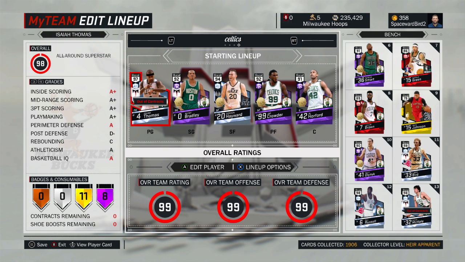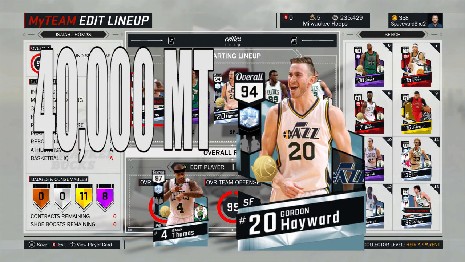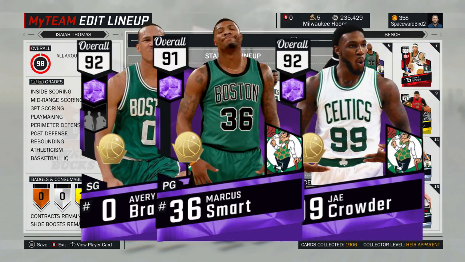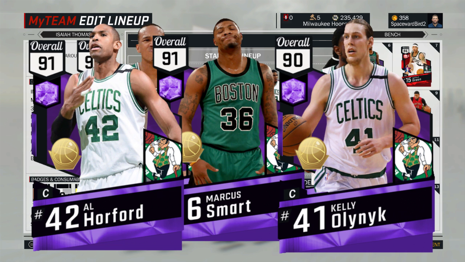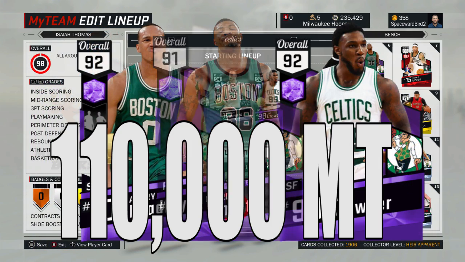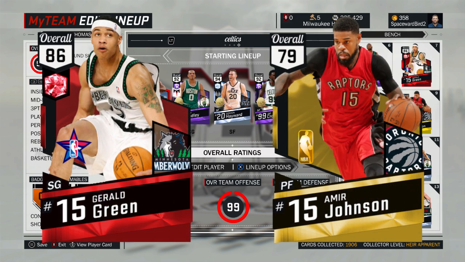The lineup: the most expensive cards were Diamond Isaiah Thomas and Gordon Hayward, both selling for around 40,000 MT. The Amethysts in the lineup, playoffs Avery Bradley, Jae Crowder, Marcus Smart, Al Horford, and Kelly Olynyk, can all be found after a refresh for anywhere between 6,000 to 10,000 MT. So the cost of the lineup right now is around 100 to 110,000 MT. We threw in Ruby Gerald Green and Gold Historic Amir Johnson, both of which you can find for under 2,000 MT, and